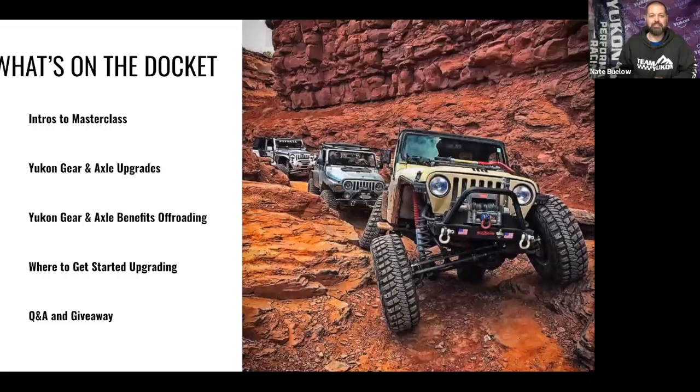Well, from the nerd side of things, of course, it starts with the engineering team. They do it all up on the computer. They do their finite stress analysis. They do it in SolidWorks. They model it. They do 3D renderings, blah, blah, blah. It eventually gets to where we print